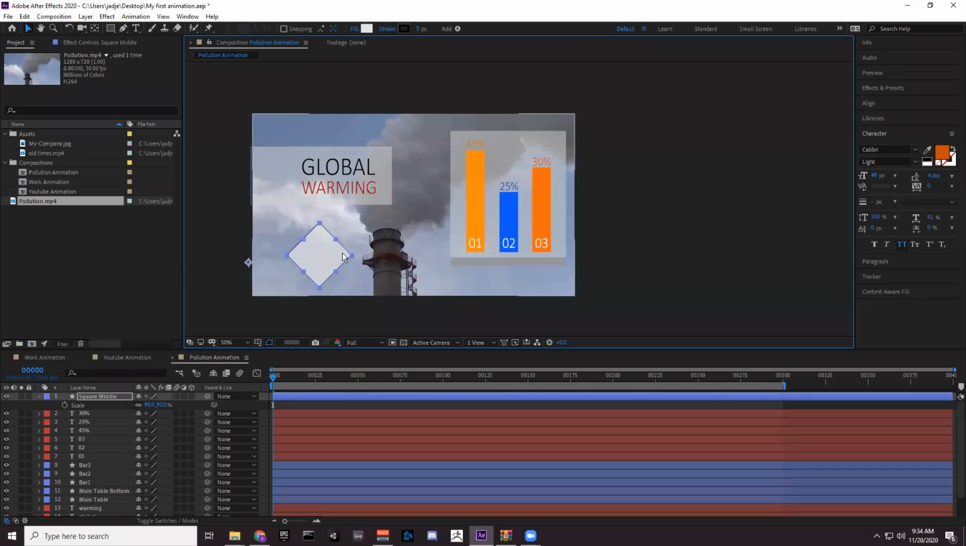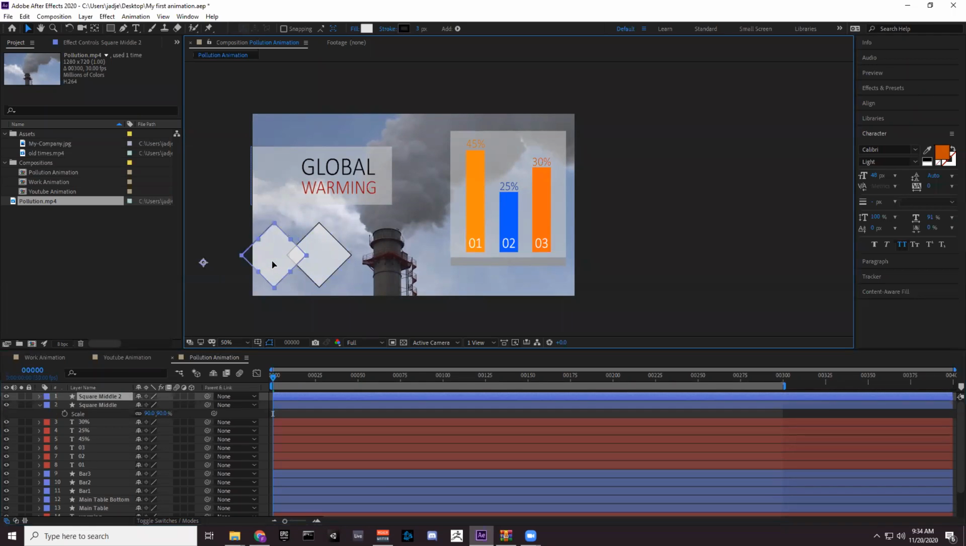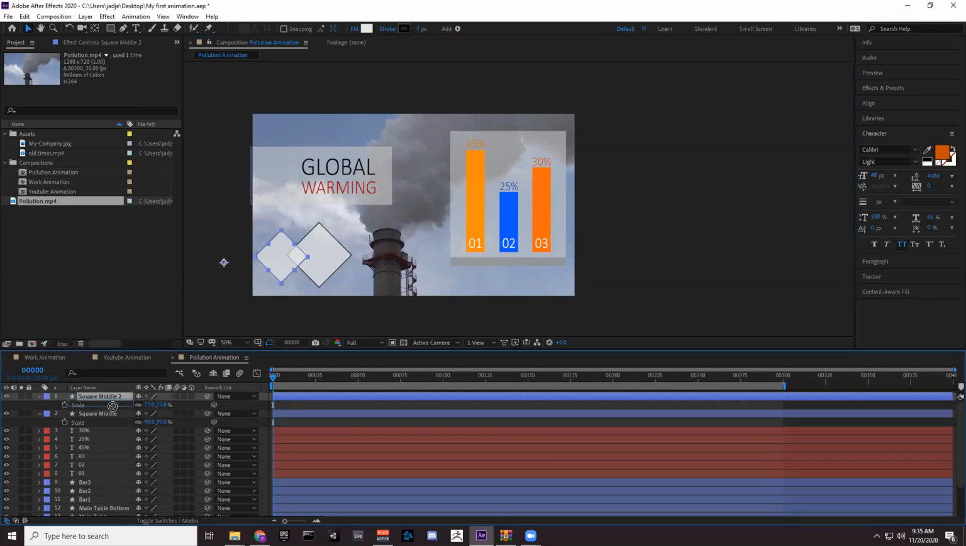Okay, so that's the middle one. Let's duplicate that. So Ctrl C, Ctrl V. We'll click, hold down shift and drag it to this side. So we put it like this. And this is where we're going to make it way smaller. So we press S on the square middle and we scale this down. So like this. So this should be underneath the middle one. And I'm going to have to rename that square